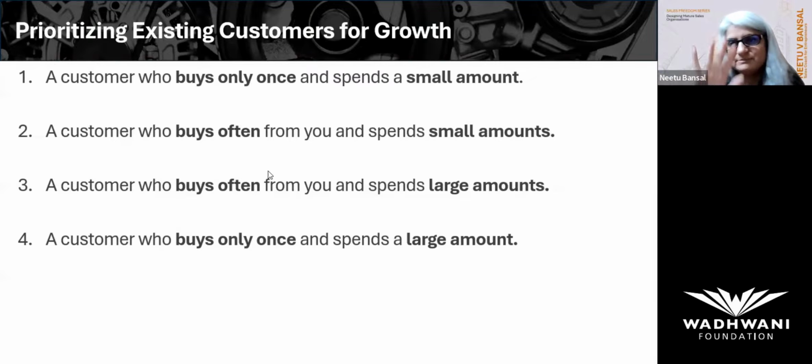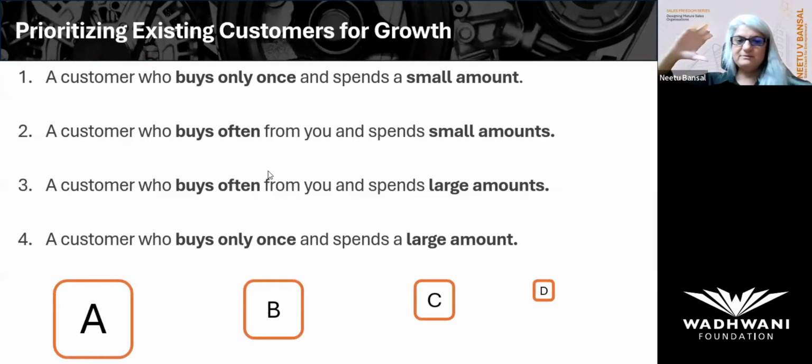If you had to do something like this, I'll give you some examples. But if you just have to take this and tell me, out of these, which customer is a really important category A customer? Category B is somebody who's a little lesser important than A, but still important. Which one is category C? And category D is the least important. Which one, according to you, will fall in these categories? Which one is A here? Category A, the one which is the most important for you. Which one would this be?